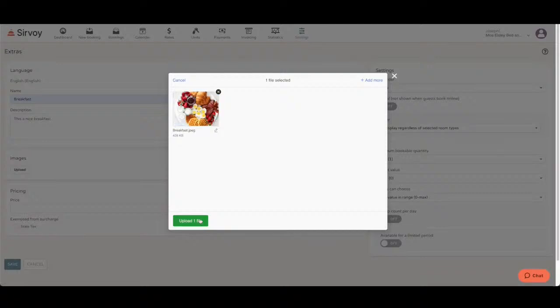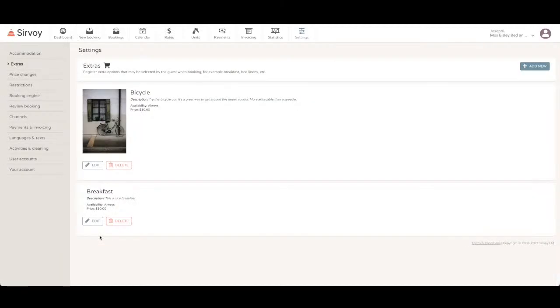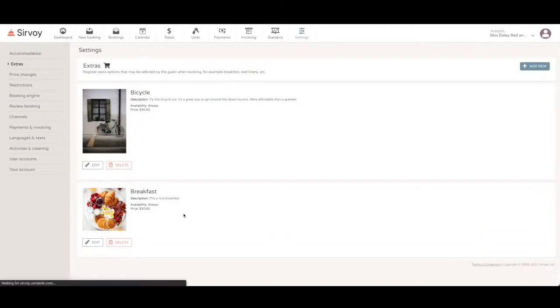The actual breakfast doesn't look that good, but we're going to use this pretty image that I found on Google. So there you go. If I click on save, now I've got a standard new extra that will be available on the